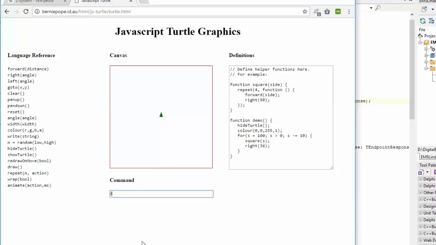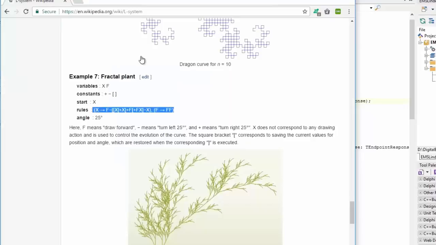So let's have it draw forward by, say, 5 units, whatever 5 units may be. Turn right by 25 degrees, and forward another 100 units. So you can see that this turtle is basically just following very simple instructions to render. And if you remember Logo from the 80s, I think it was, you'll be familiar with how a turtle graphics system works. So what I've done is I took the JavaScript and CSS from this turtle, and I created my